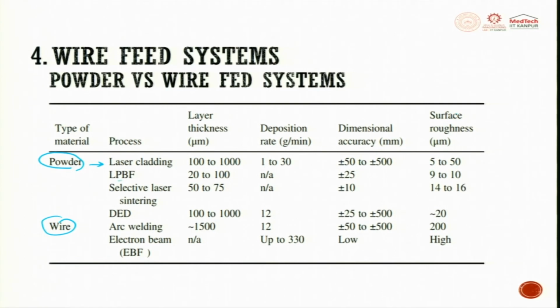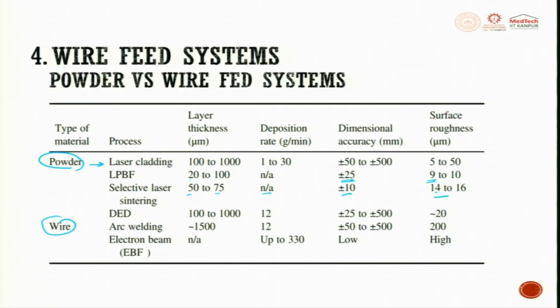Then when we talk about powders as a starting material, laser powder bed fusion, you can have a layer thickness of 20 to 100 and deposition rate is not applicable here, and dimensional accuracy what you get is plus or minus 25 and the roughness can vary up to 10 microns. When we talk about selective laser sintering method, the layer thickness can go from 50 to 75. The feeding mechanism is not there because it tries to spread by a recoater. The dimensional accuracy can be up to 10 millimeter, and here you will try to have the surface roughness from